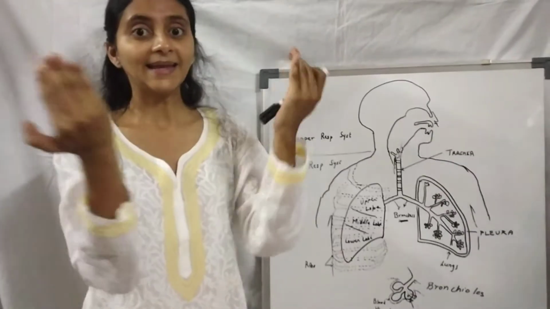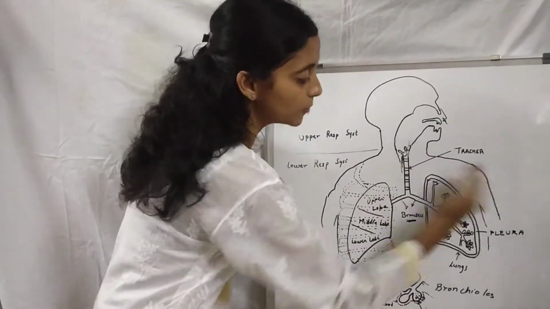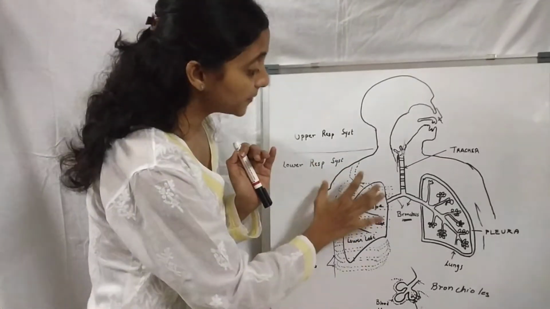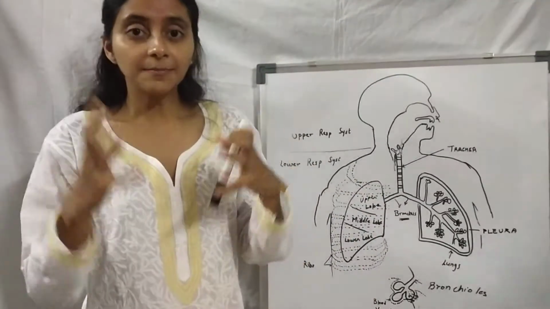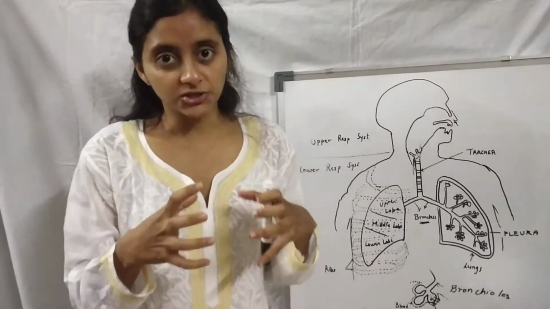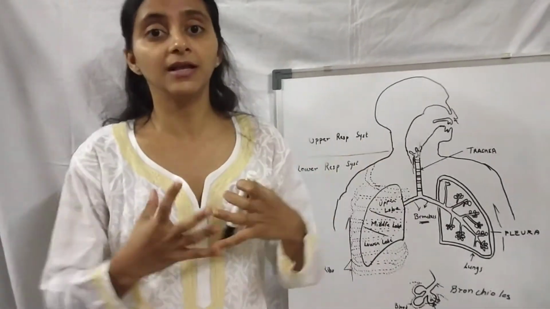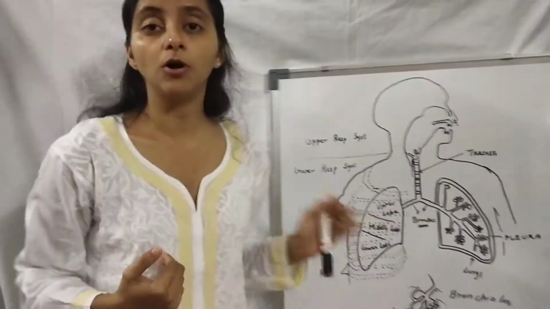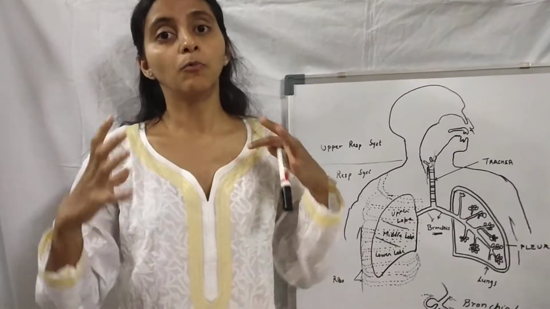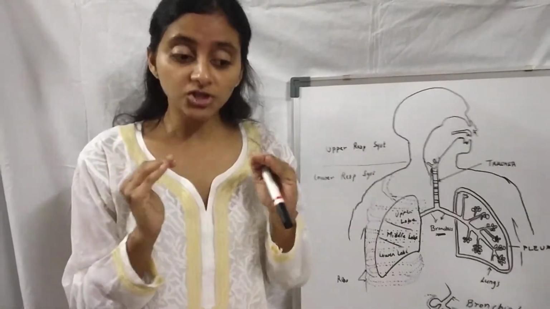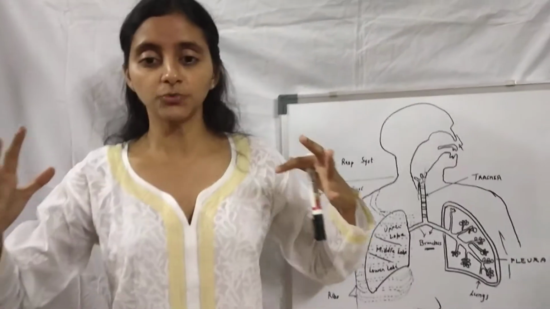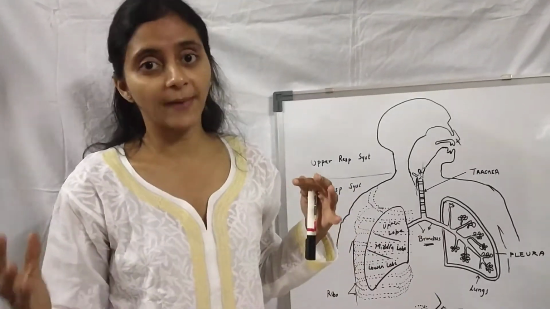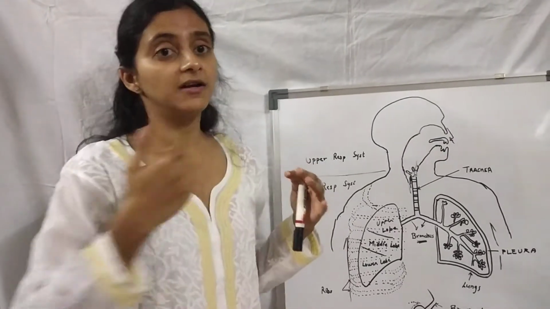It forms a cage on both sides, in which the lungs are very safely placed. The rib cage is important because sometimes there is restriction in the rib cage itself. The rib cage is not freely moving. The rib cage in the front and the vertebral column behind don't have the mobility, and that causes restrictions on your lungs to expand. So when the lung wants to expand, the rib cage is tight and does not allow the lungs to expand. So that is one restrictive condition of the lungs.